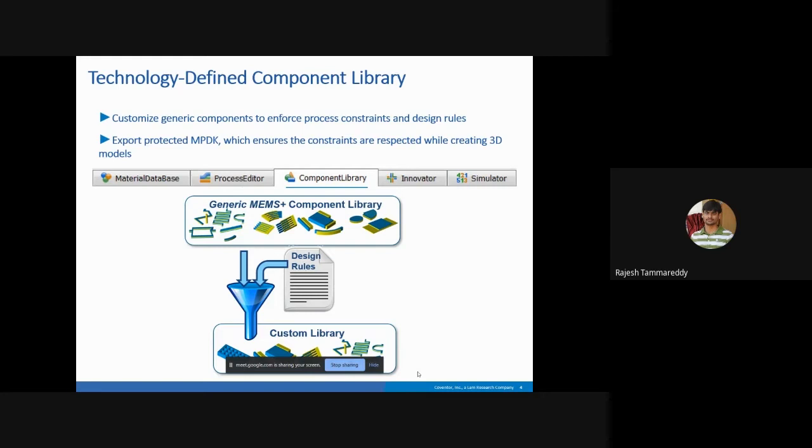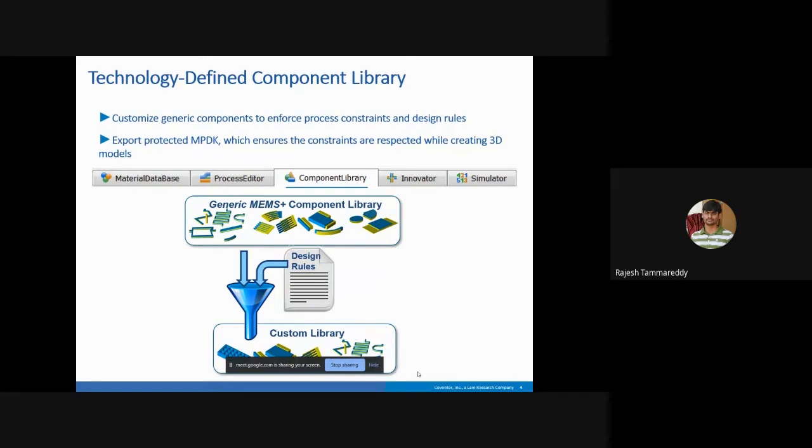For each deposit step, you have to define the thickness, the material that layer is made of, and other things. For etch steps, you have to define the mask and the depth of etching, and all of those pattern structures. And finally, a release step where your MEMS structure will be released to make it hanging or free to move.